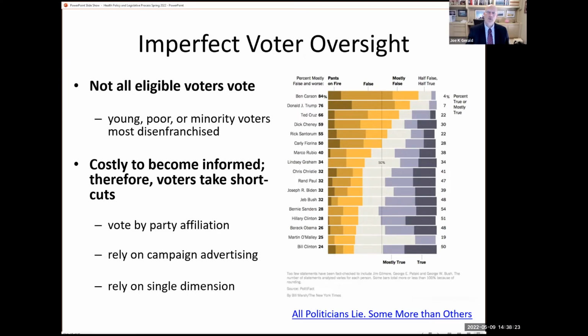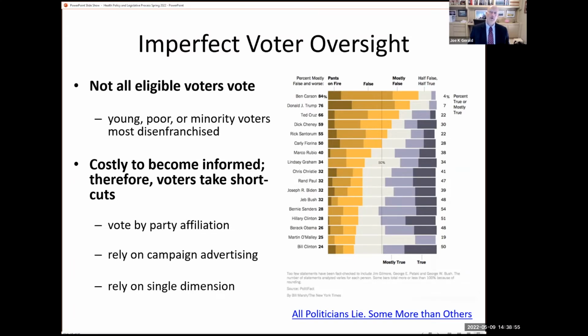So I may take some shortcuts, like I might vote by party affiliation. Here in the United States, I might go, well, the Republican Party seems to capture most of the interest that I have. And so if I vote Republican, sometimes they might do something I don't like, but most of the times they're going to vote how I might vote myself personally. Alternatively, I might choose to vote Democrat, right? Because I see that particular party aligning with my own personal values more closely.